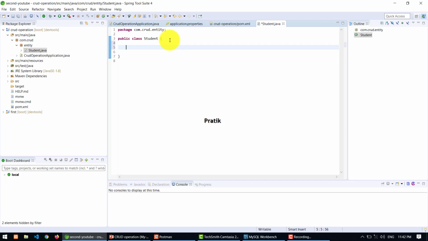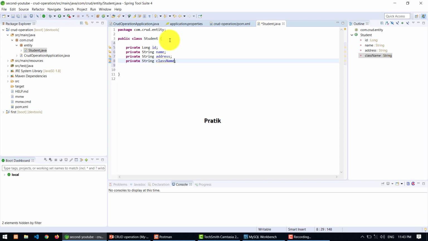So I'm going to use private long id, after that private String name, private String address, and private String class. Is it going to be a class name, because it is a keyword?